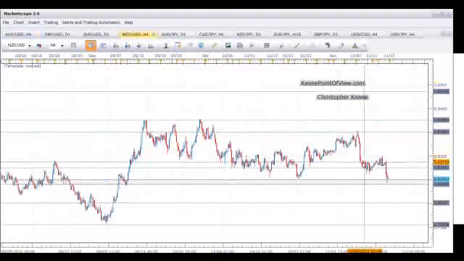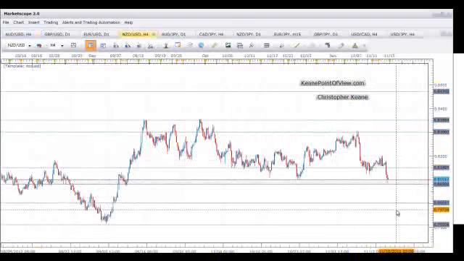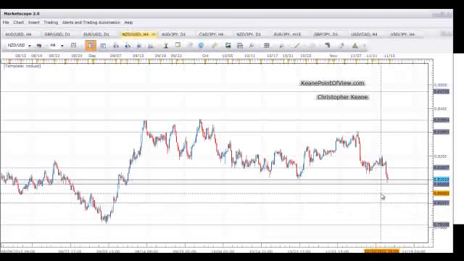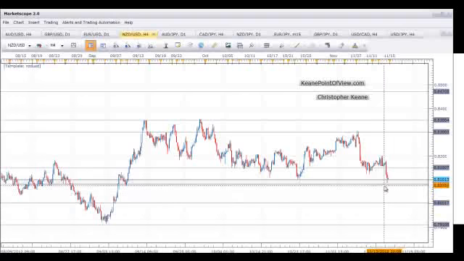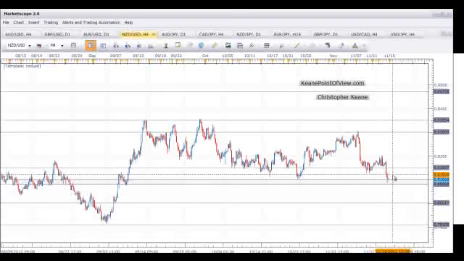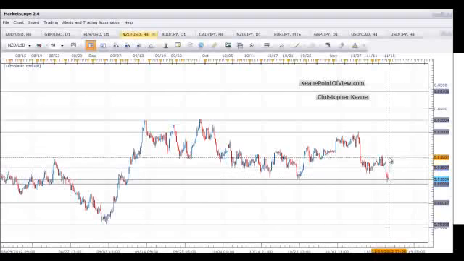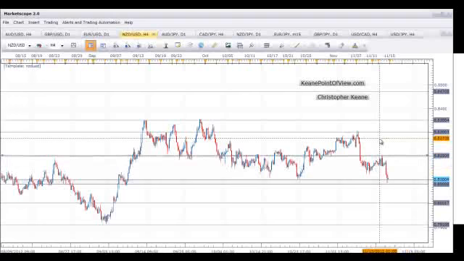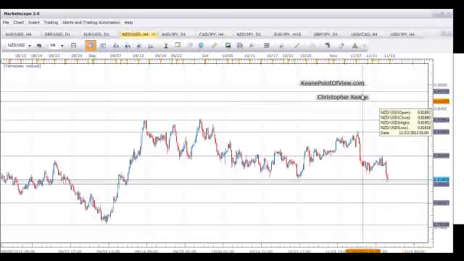The next pair we're going to take a look at is New Zealand, because it's very similar. You can see that pair has broken down to the very bottom of its range, and it has support scattered between 81 and 80.80. But if we get below that, it's a free fall to 80, then followed by 79.10. But if we get a bounce here, we'll hit resistance again relatively quickly. We could say the 81.50, but I would be more concerned about the 82 level, and the 82 level could be the first level of major resistance from there.